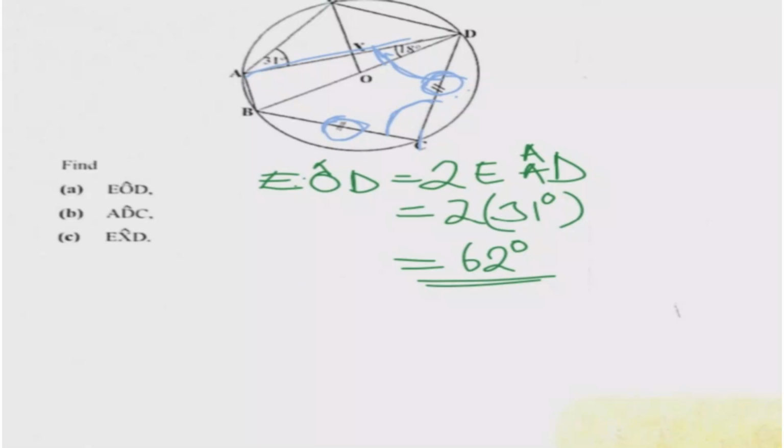We should also know that this line is passing through the center. The angle that is formed on a semicircle is 90 degrees. So that means this angle here is 90 degrees. Let me write 90 degrees. So if this angle is equal to 90 degrees, what is the value of angle